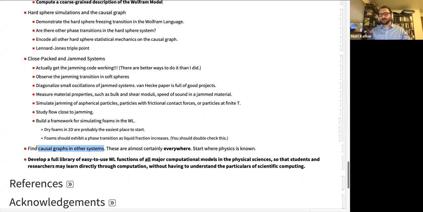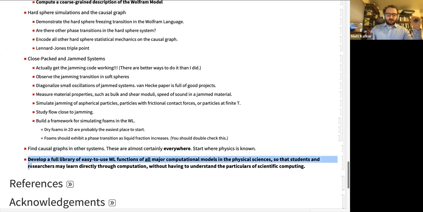This is the treasure map that I was referring to in my silly sort of thing at the beginning. We have the Rosetta Stone with this system, and there's a bunch of incremental work to be done to find these thermodynamic expressions on the causal graph. What other physical systems are well understood from a traditional model perspective that can also be described in terms of graphs? You go out and find another Rosetta Stone and repeat this process. So try to think about this. I'm sure they're out there. I suspect that they're everywhere.